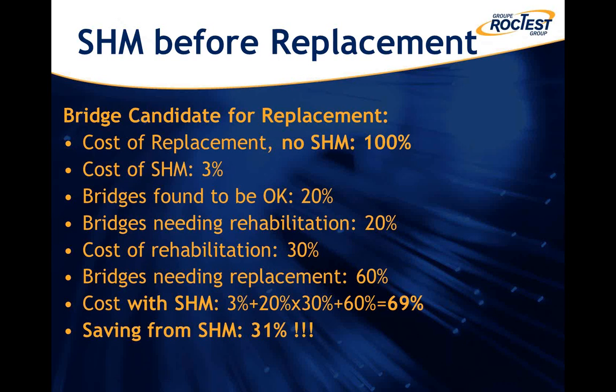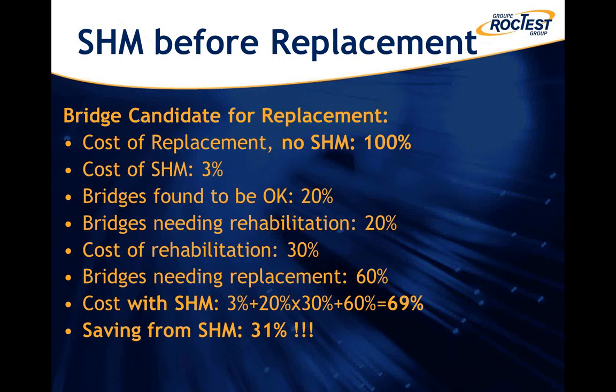We also assume that another 20% of the bridges are found to be in, let's say, average shape and need some rehabilitation, but do not need a complete replacement. And we can also assume that the rehabilitation cost is about 30%, for example, of the replacement cost. And finally, we assume that 60% of the bridges are really found to be in a bad condition and really need replacement. So if we now calculate the cost of that strategy, we see that we have a 3% cost